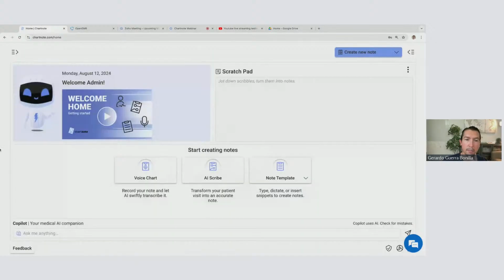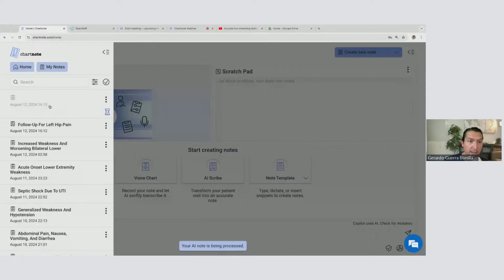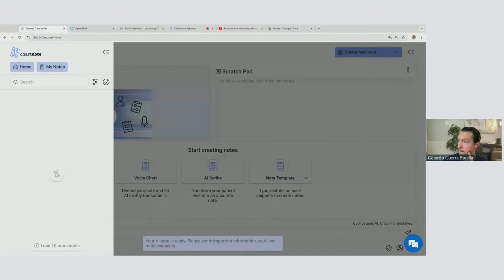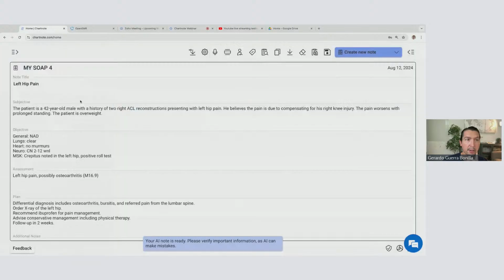So the same thing, you can do this on your phone. And then the note is gonna appear in just a few seconds. Let's give it a minute. Let's see. So one of the things, here's the note. One of the things that I want to show you is